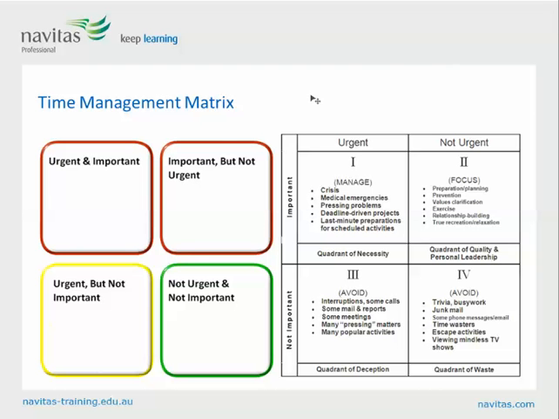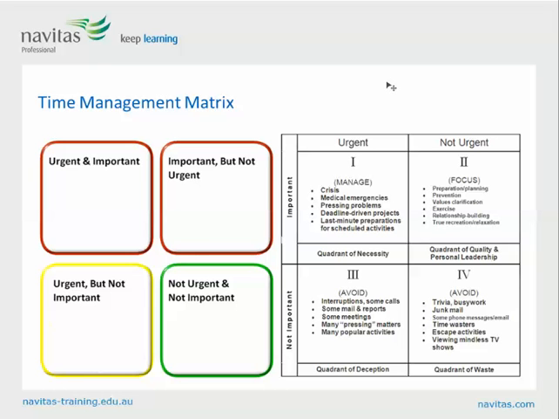Okay, so that basically breaks down into these four categories just here. So you can see we've put a few little ideas in here as well. So we've got in the urgent and important, we've got the crisis, medical emergencies, those sort of things. These are the things, as Stephen Covey says, these are the things that kind of bite. These are the fires that you've got to put out on a daily basis. So this is the urgent stuff that has to be done that day.